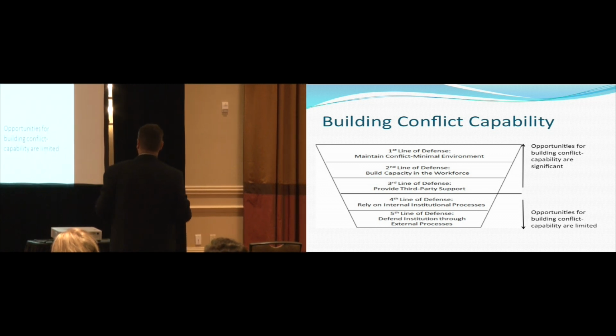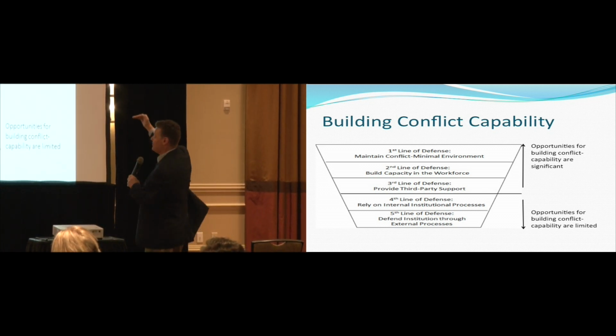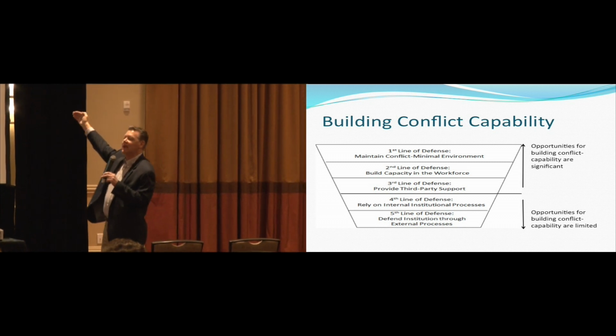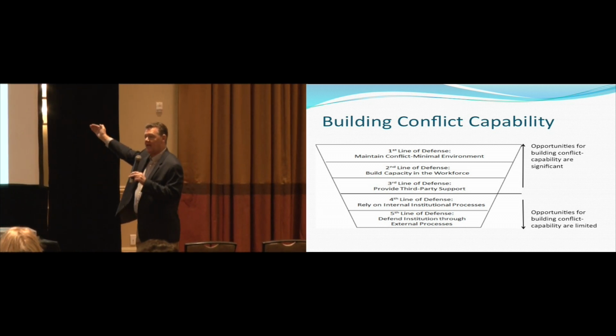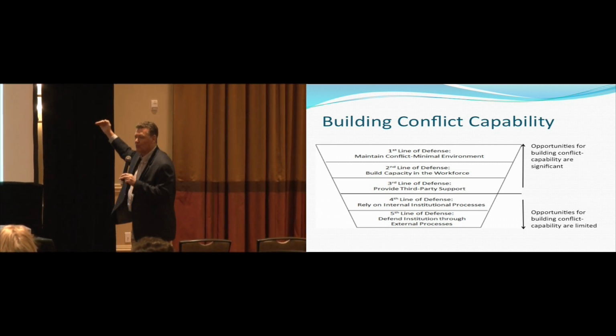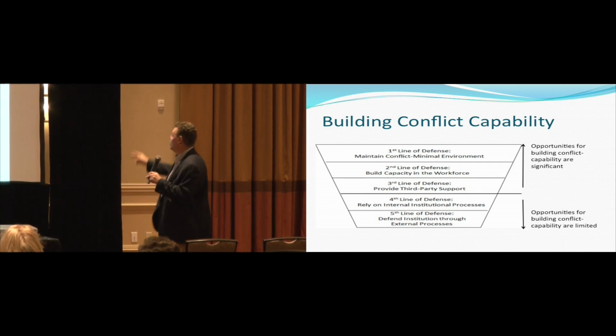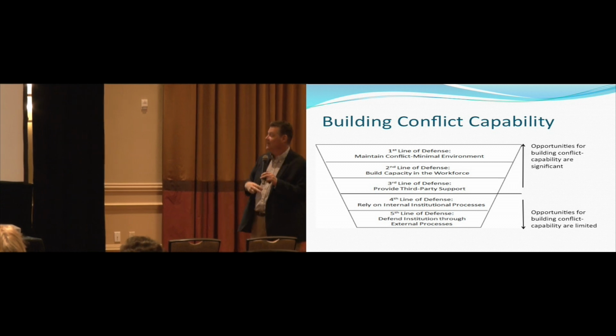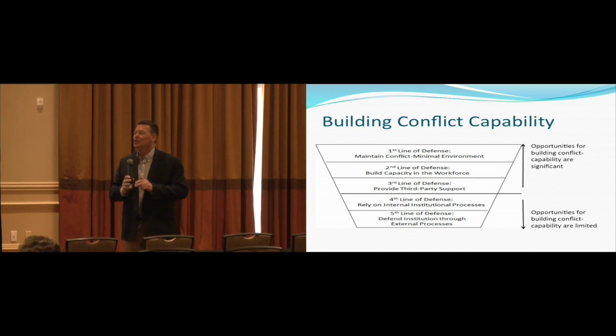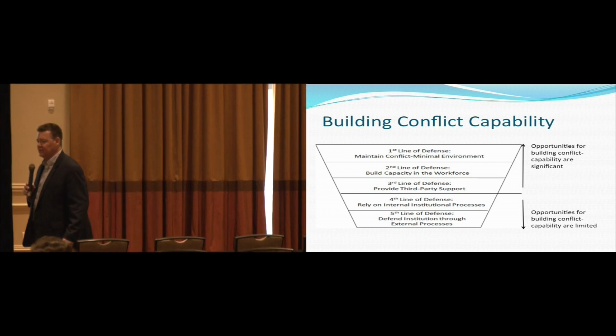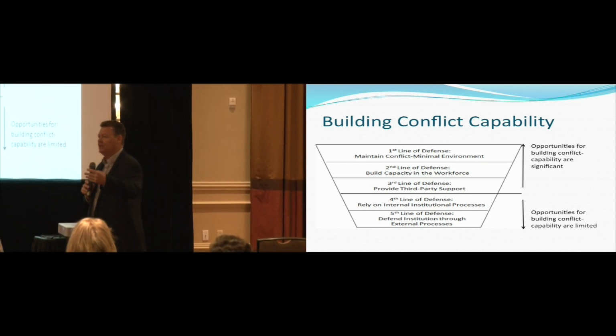That's level 2. Second line of defense, building capacity in the workplace, which is based on trust, communication, and doing the right thing at the right time for everybody involved, right? Third line of defense, now we're getting into where you don't control it. This is where we get out of individual control.